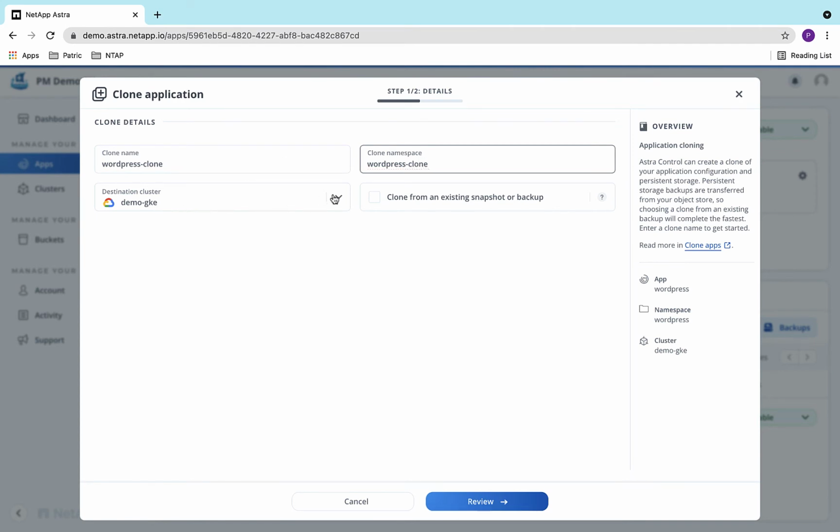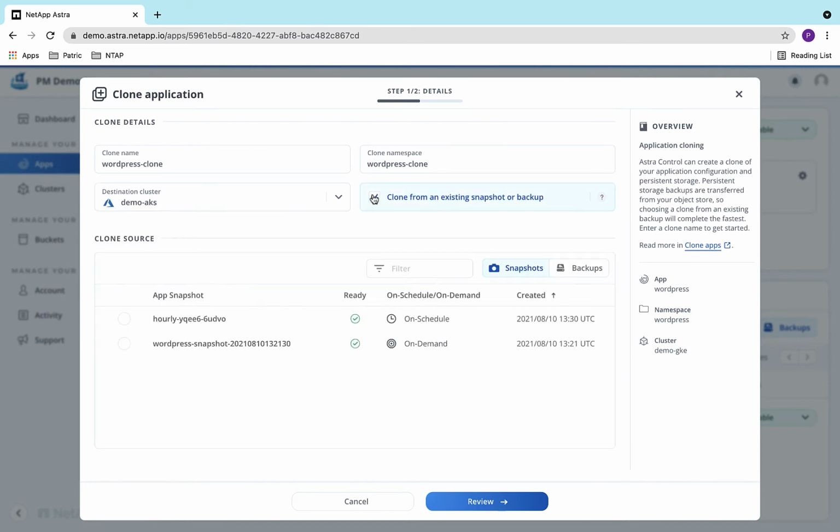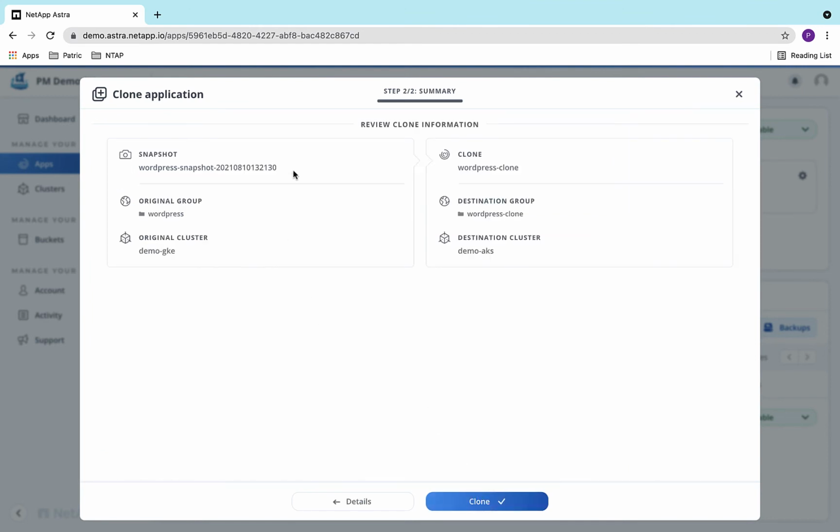Choose the destination compute, demo AKS in our case. As we want to go back to the initial state of the WordPress application, we choose the first on-demand snapshot we took at the beginning of this demo as clone source. After reviewing the clone information, we start the clone process.